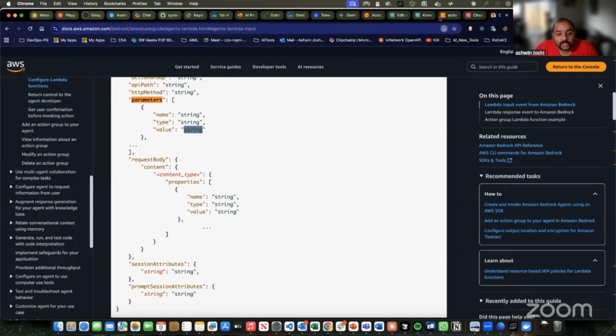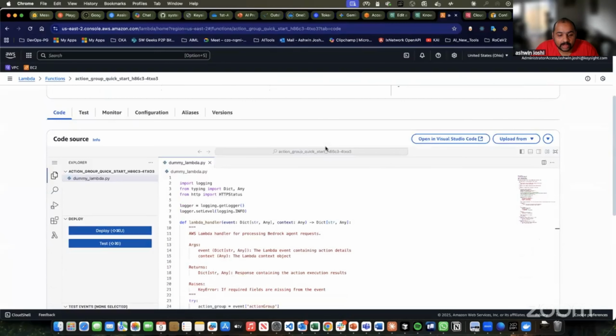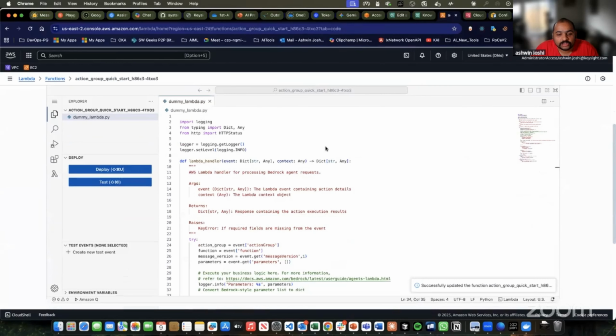Then it comes to my Lambda function here at the backend, and from that whole JSON, now